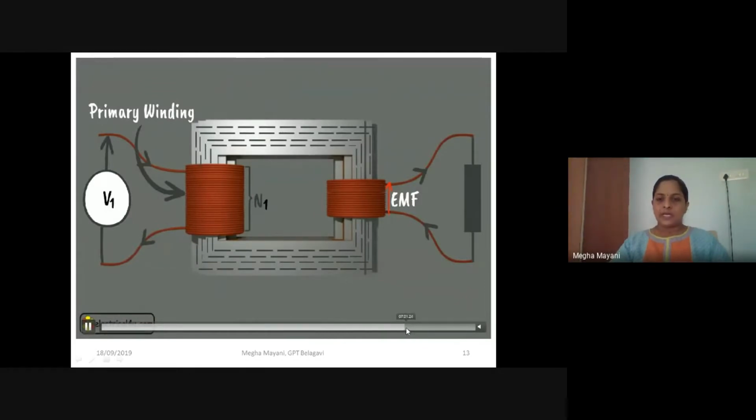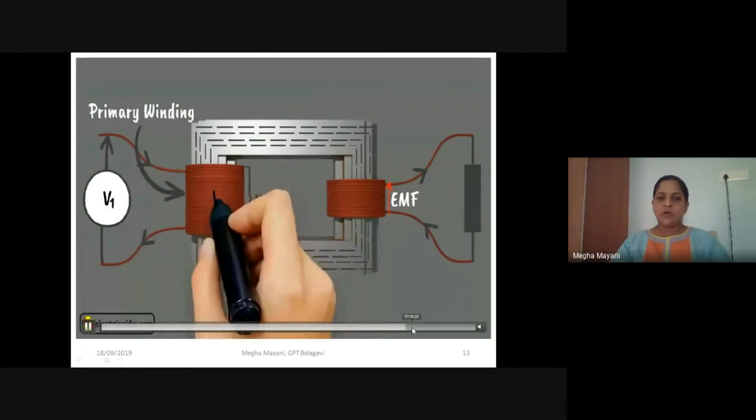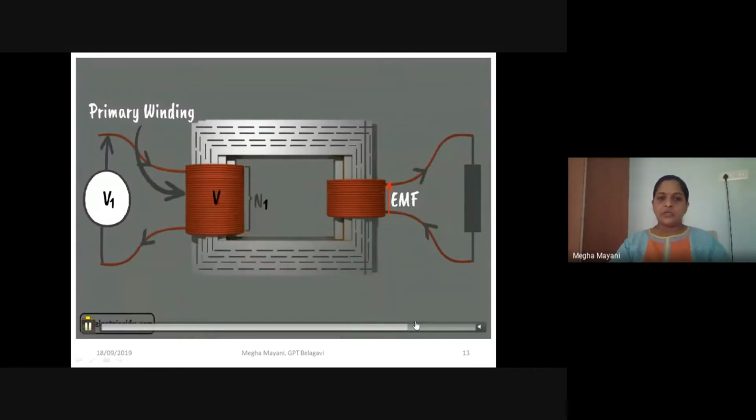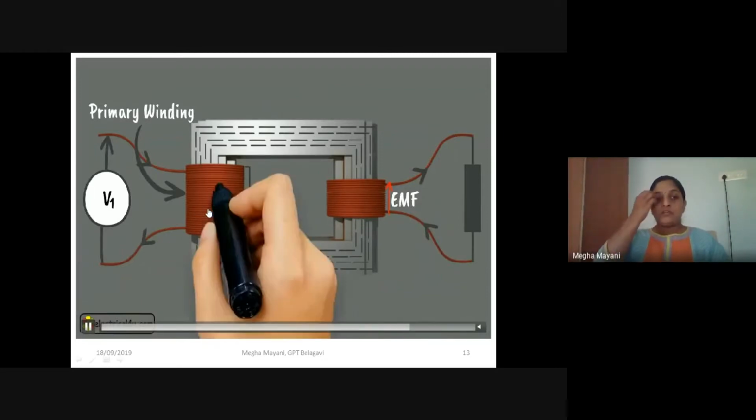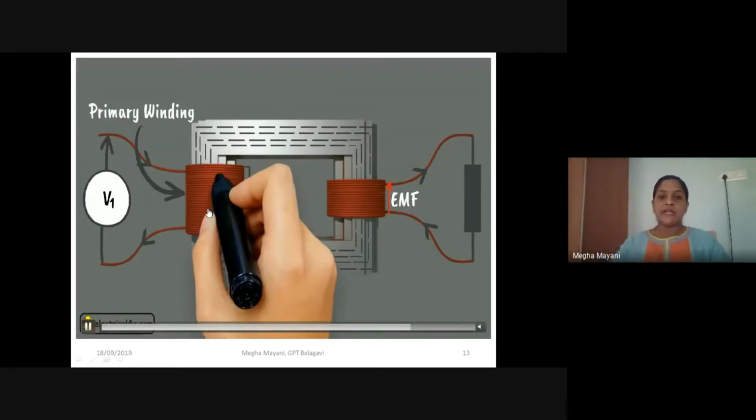Now coming to the secondary coil, if the secondary coil has number of turns equal to N2, due to the self-induced EMF V1 across the primary winding,